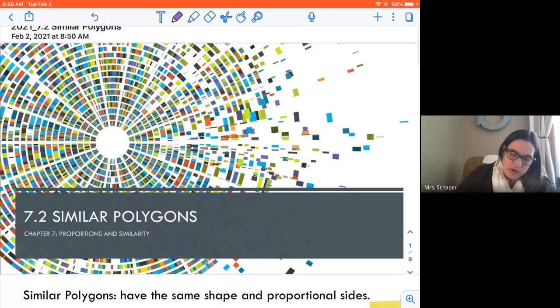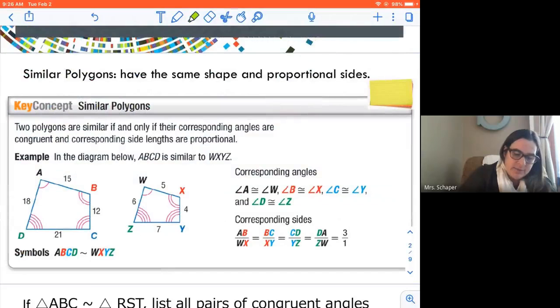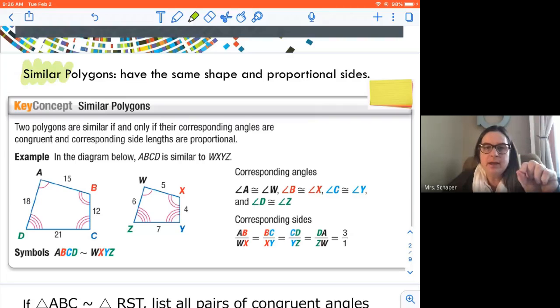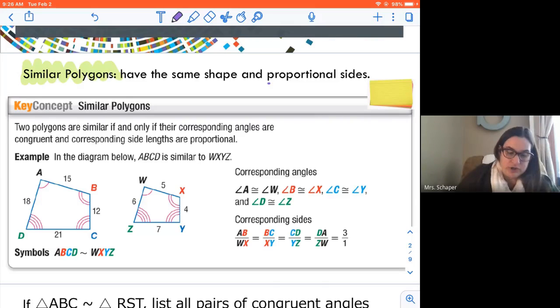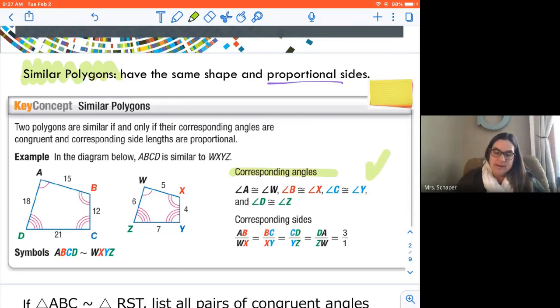All right, 7-2. What are similar polygons? Similar polygons have the same shape and proportional sides. That's important. Same shape, proportional sides, okay? In a similar polygon, you have two polygons that have corresponding sides proportional, and all of the angle measurements are the exact same measurement. So when you look at this, your corresponding angles are all congruent. Your corresponding sides are all proportional. That's a similar polygon. Same shape,